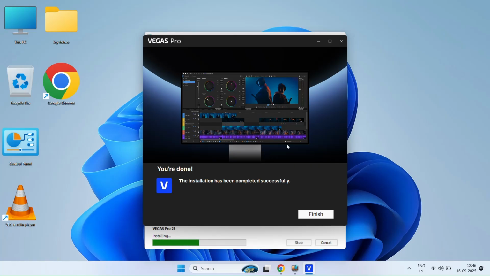After complete installation, click on Finish.